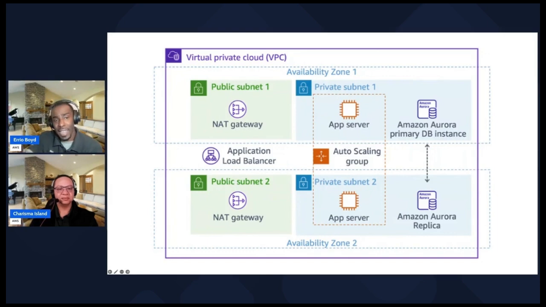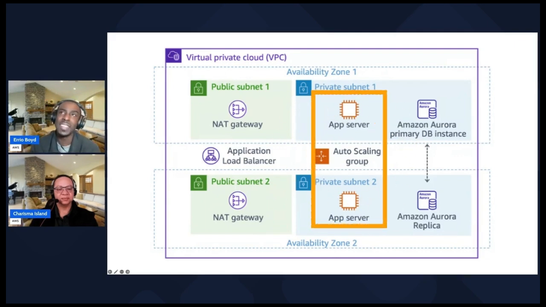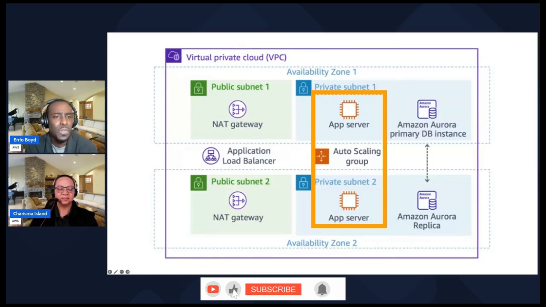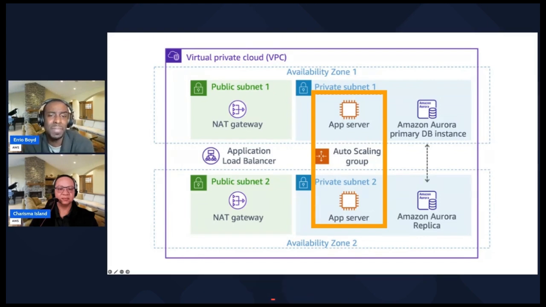And so as we look at the diagram here, we see a word called app server. When you see that word, we're just describing a server, a compute unit, right? So no matter where you are in your walk, you might be fairly new to IT. You might understand on-prem devices versus virtual devices, or you might not. But right now I'm here to tell you that this orange square being indicated right here on the screen is indicating a server. And we're placing this virtual device here in our diagram, hopefully to run an application. So our application most likely will sit on this server. We'll call it app server. Right? And so, Coach, we've got two app servers